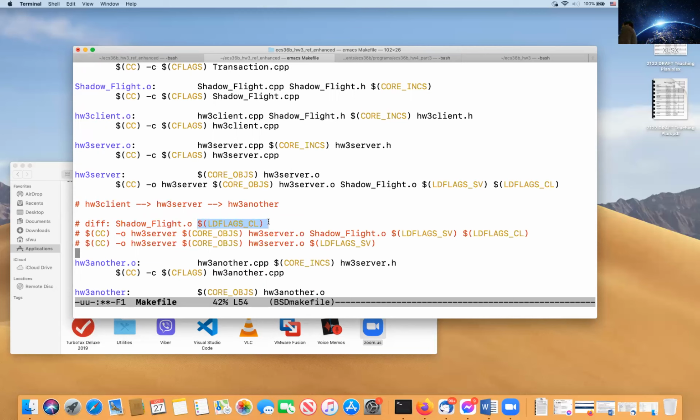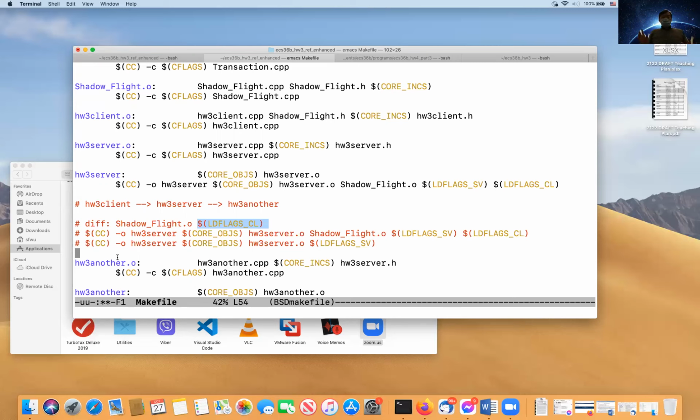The second thing that's actually added is shadowfly.o, because in order to facilitate the client side for that particular fly object, you have to use a shadow object. That's why you need to include shadowfly.o as well, because now HW3 server in this scenario needs to host the shadow object. Okay, any question?